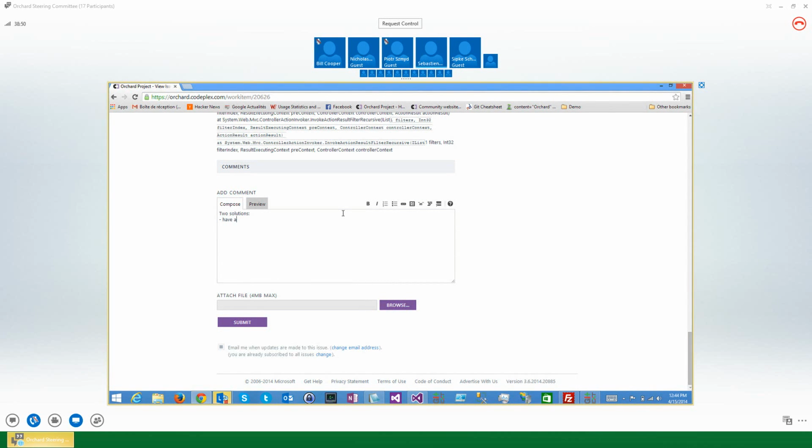One is to have placement.info per feature and not per module, or, but it's harder, it can be slower to check, is to have placement